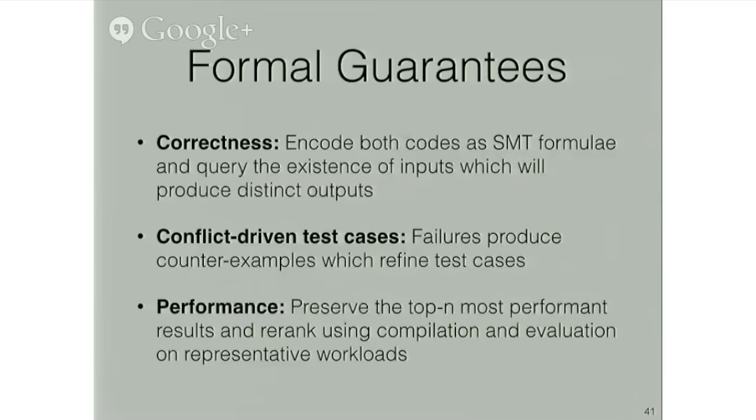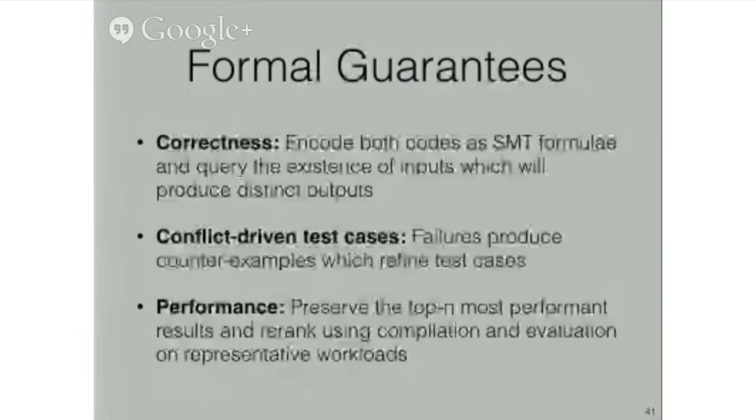Finally, I will note that because our goal is correct code and it's necessary to formally check correctness and performance, there is a little bit more work that we have to do. For guaranteeing correctness, we take a relatively standard approach, which is to encode both target and a rewrite as SMT formula, and use an off-the-shelf solver like Z3 to query for inputs that cause the two functions to disagree. If the proof fails, we can just back the search up to the last rewrite that had a verified, actually correct equality cost of 0.